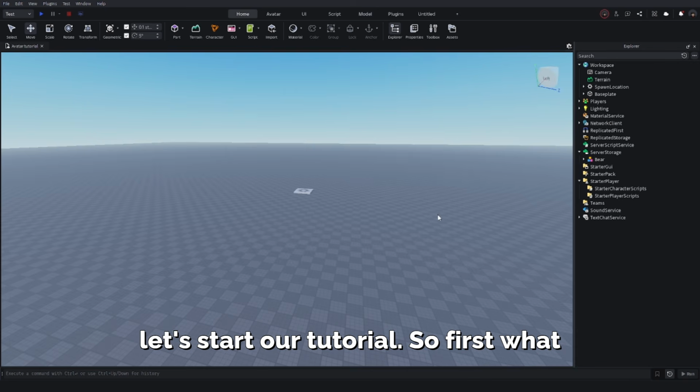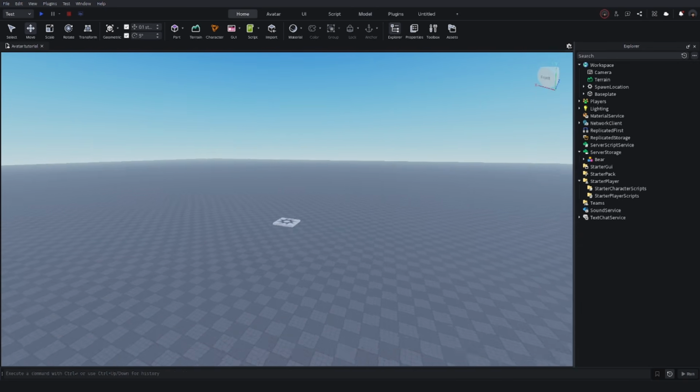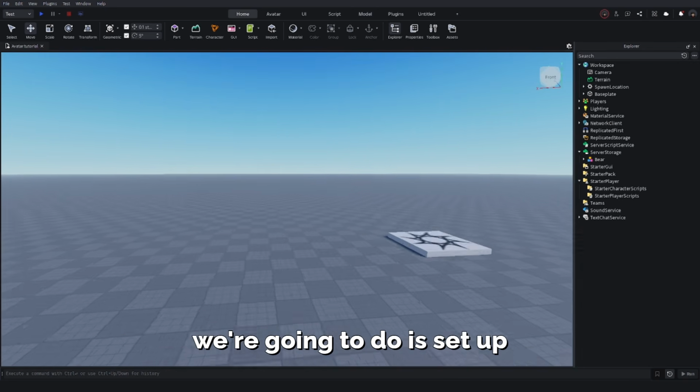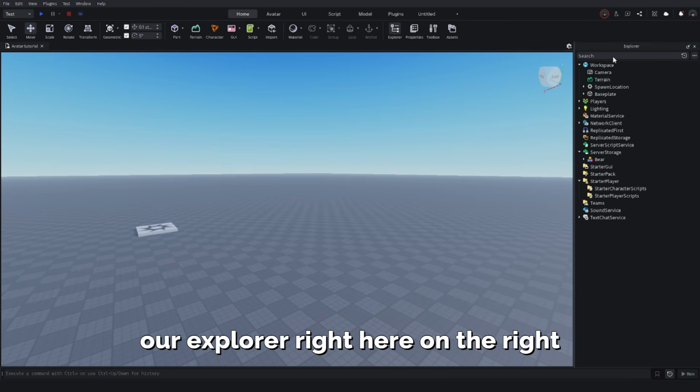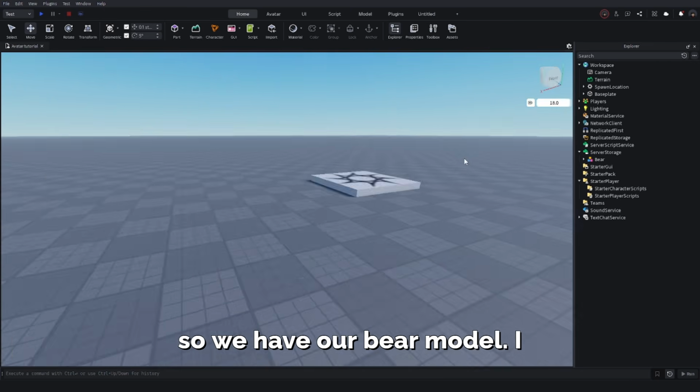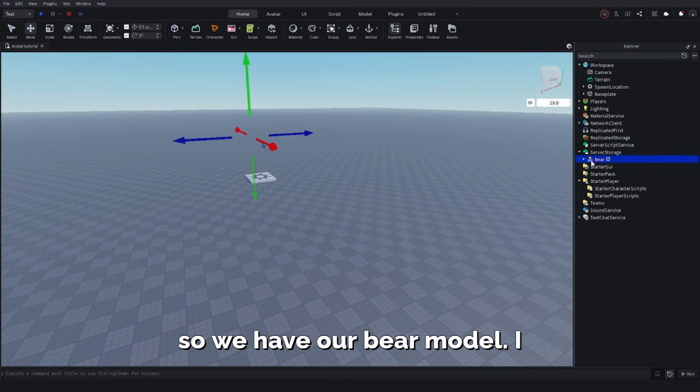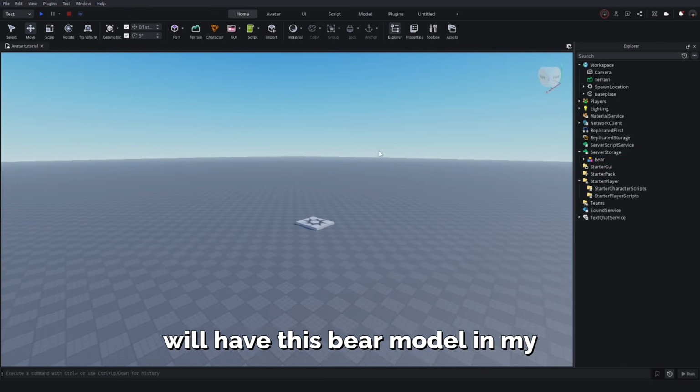Alright, let's start our tutorial. So first what we're going to do is set up our explorer right here on our right. So we have our bear model. I will have this bear model in my Discord